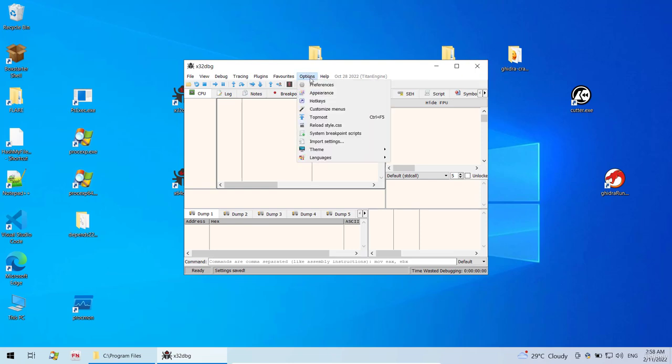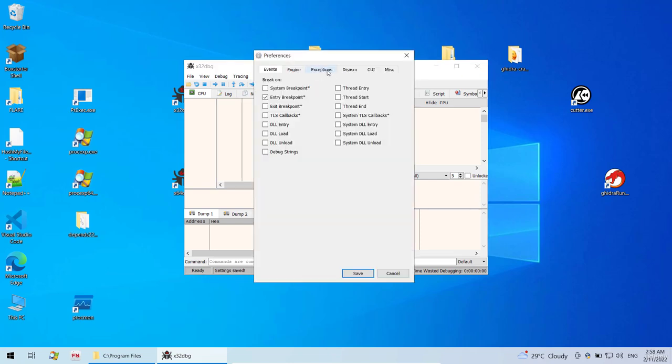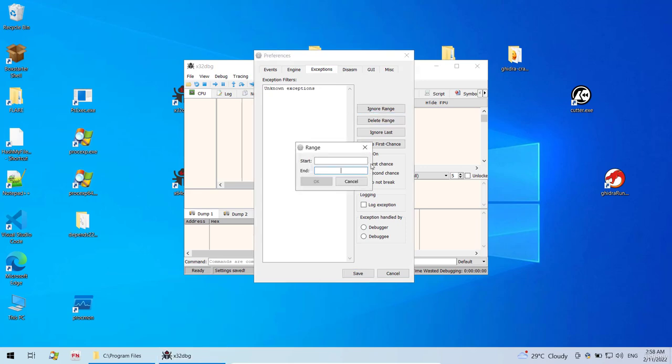And if you want, you can add the other options under exceptions. Ignore range: put all zeros and put all F's. Just press and hold and then it will come up. There are altogether 8 F's and I think 8 zeros as well. Yeah, that's right. Click OK and click save.